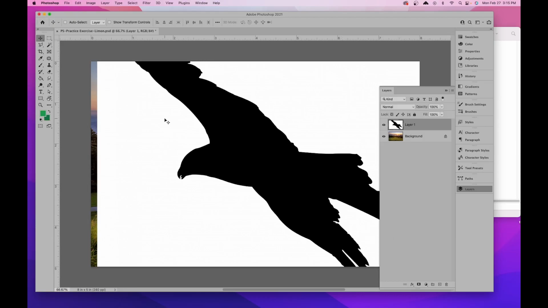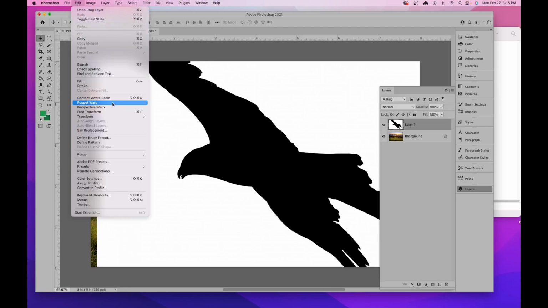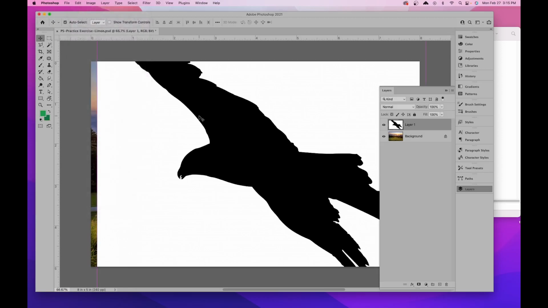So what we want to do is scale it down. To do that, we want to make sure this layer is selected. We could tell because it is highlighted. So layer 1 is highlighted. And we're going to go to Edit and Free Transform, or Command or Control T is a shortcut. So if I could do Command or Control T,